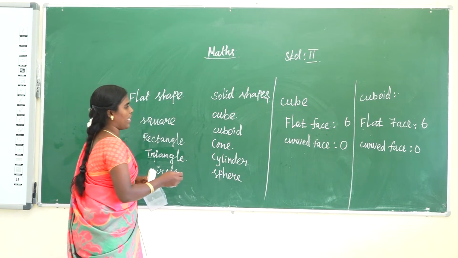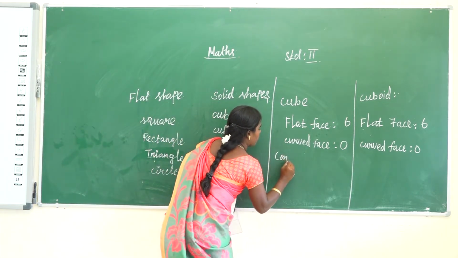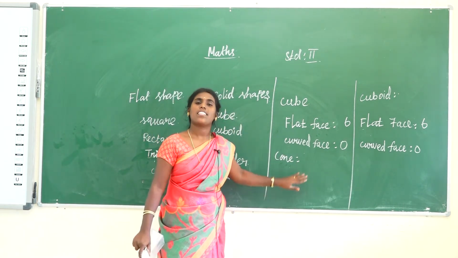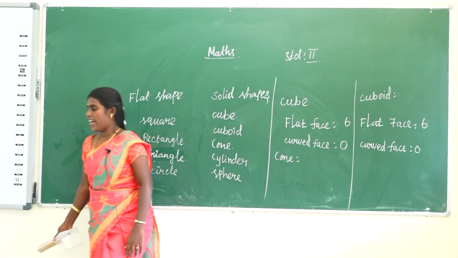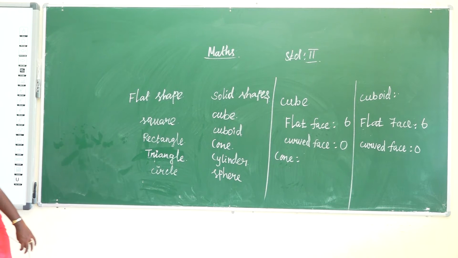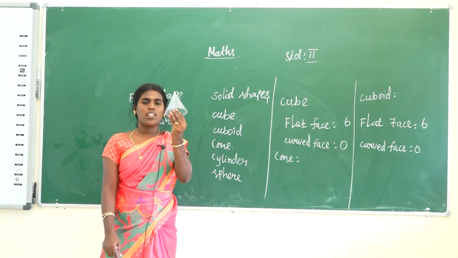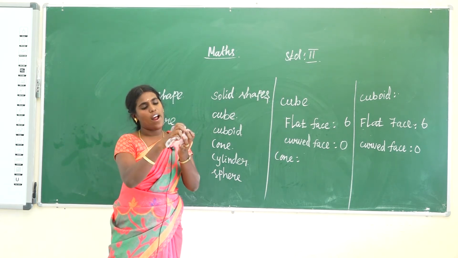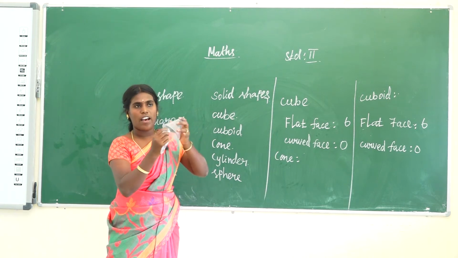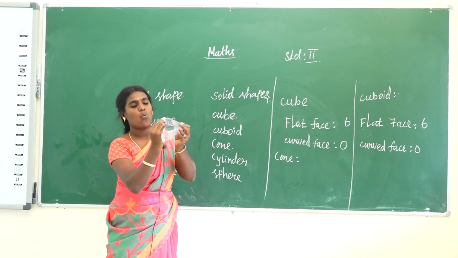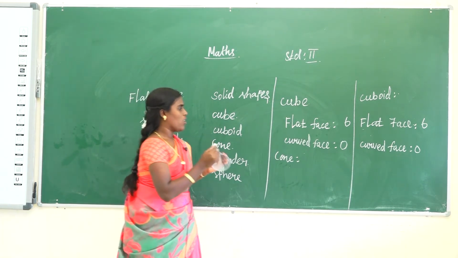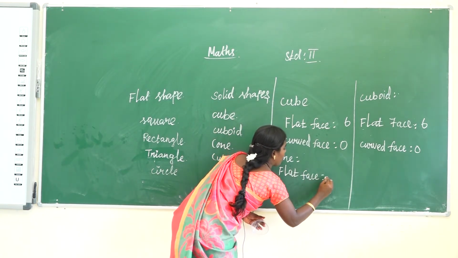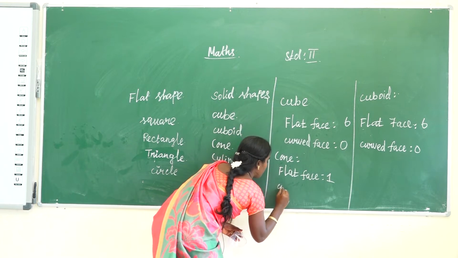Then the next one is cone. How many flat faces does a cone have? Then how many curved faces are there? Next one is cone. What is this? That is a cone. A cone has one curved face and one flat face. So cone has one flat face, then